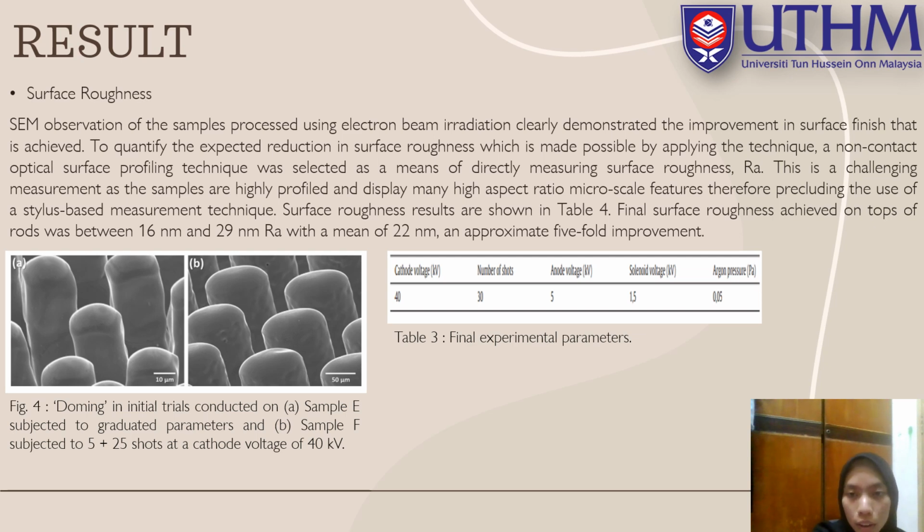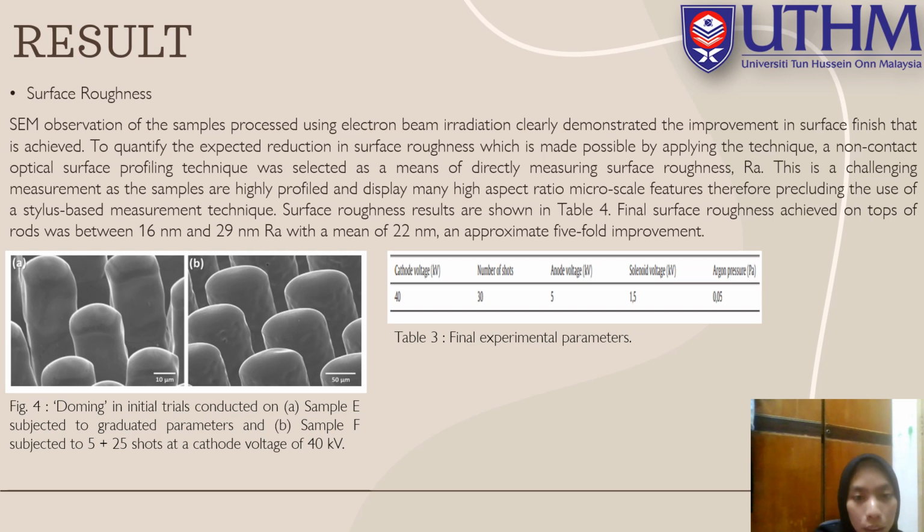There are four, precluding the use of stylus-based measurement techniques. Surface roughness results are shown in table 4. Final surface roughness achieved on the top of the rods was between 16 nm to 29 nm Ra, with a mean of 22 nm, an approximate 5-fold improvement. This is table 3,